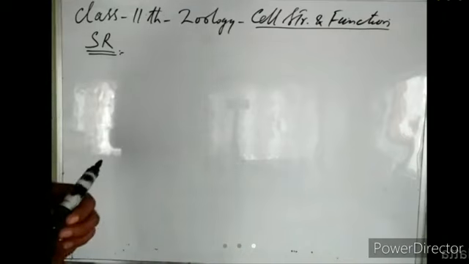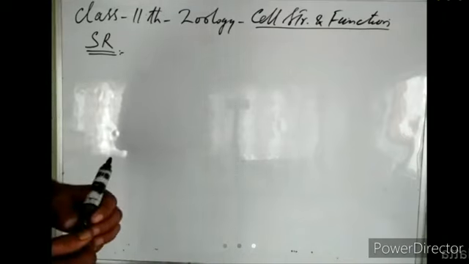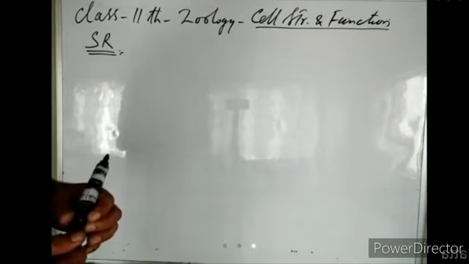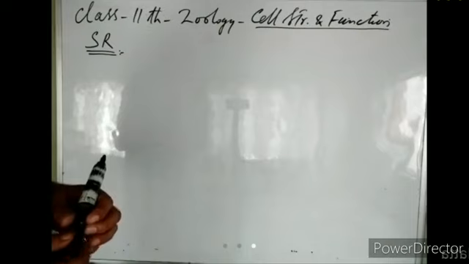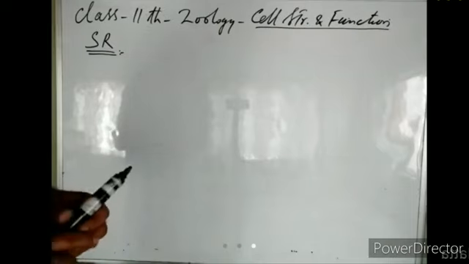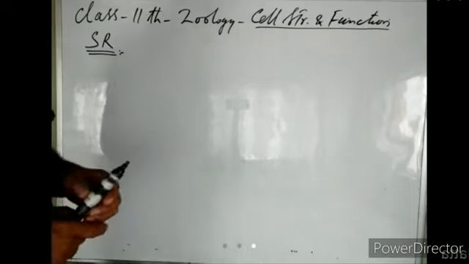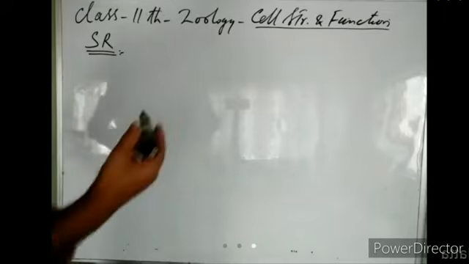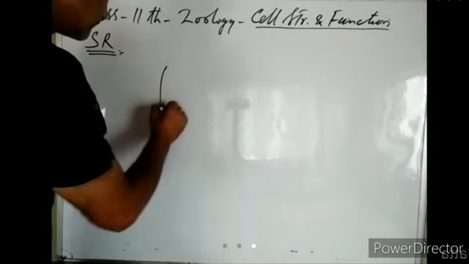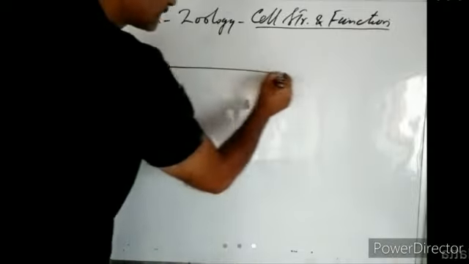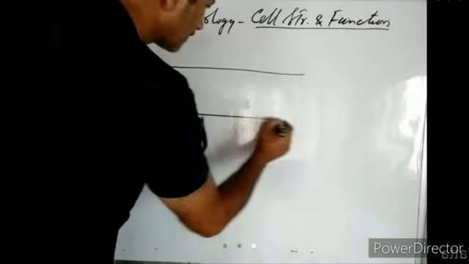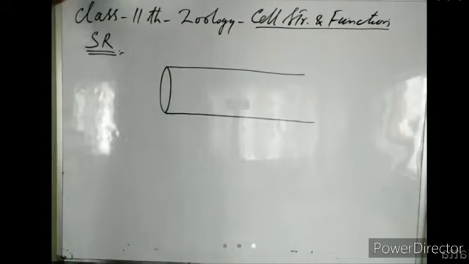Yesterday I told you that the plasma membrane or plasmalemma of muscle cells is known as sarcolemma, and the cytoplasm of muscle cells is known as sarcoplasm. Similarly, the endoplasmic reticulum of muscle cells is known as sarcoplasmic reticulum. Muscle cells are often referred to as muscle fibers, because they are thread-like elongated cells.